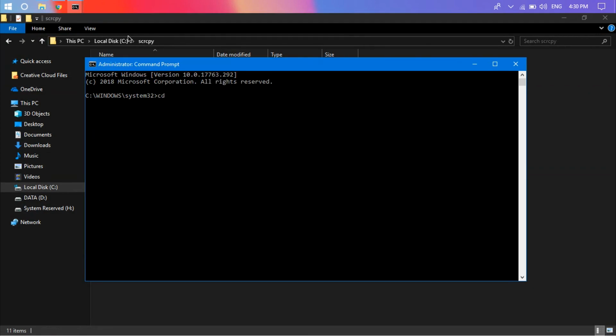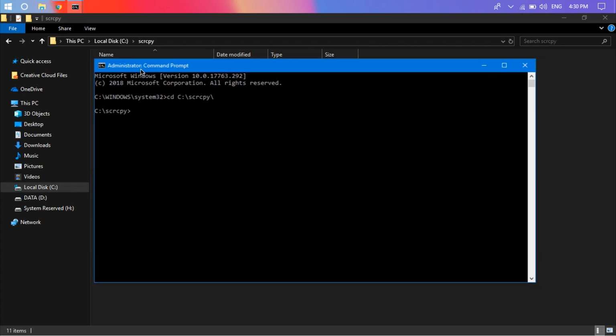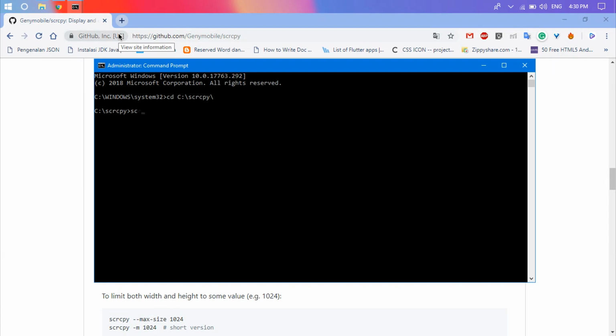Right here, cd C:/scrcpy and press enter. Now we are inside the Scrcpy directory, and we need to write a command line here, scrcpy. Just press enter.